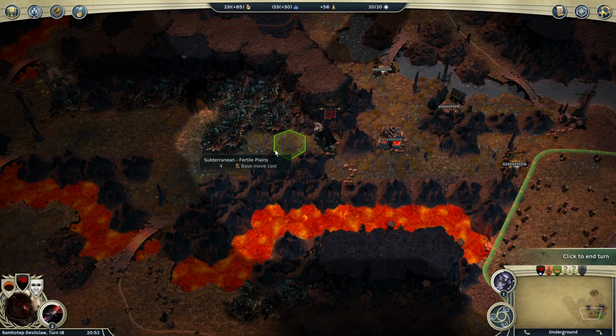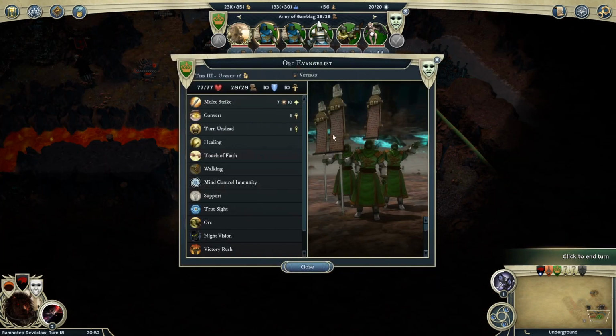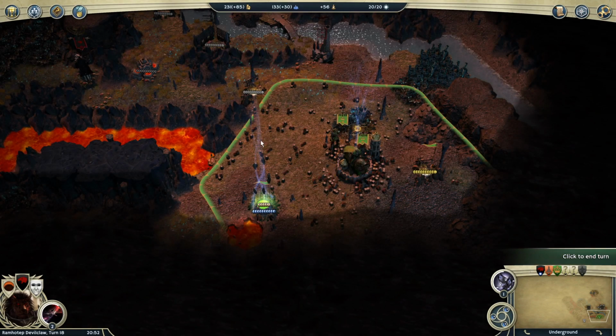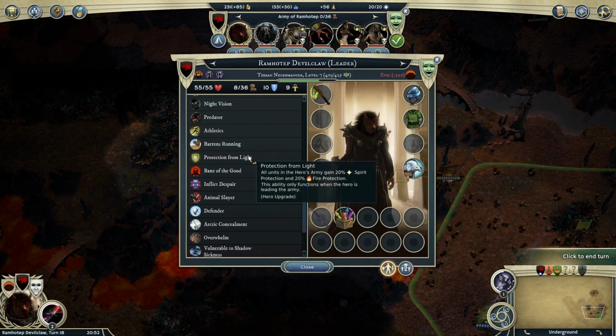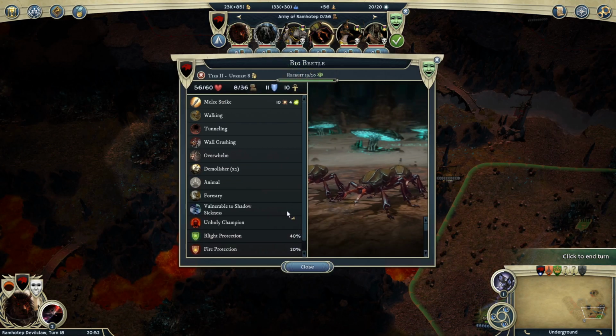Death pointed out that Gamblag will actually have a lot of spirit damage at his disposal, being that he's a Theocrat, and that's a great point here. Just as an example, you can see these Evangelists do a lot of spirit damage in melee, so that's obviously something I need to be concerned about as a Necromancer. The good news is I do have the upgrade, and it's one of the first things I get when I'm playing Necromancer, Protection from Light, which provides 20% spirit and fire protection, and so that translates into...